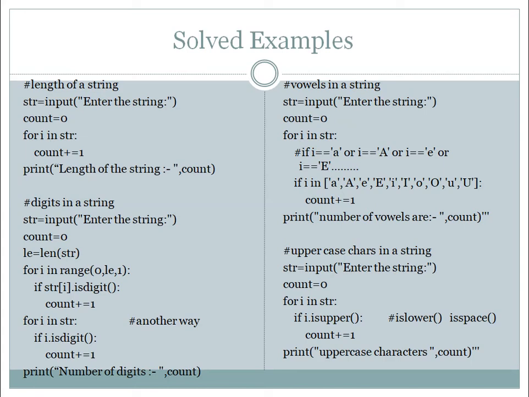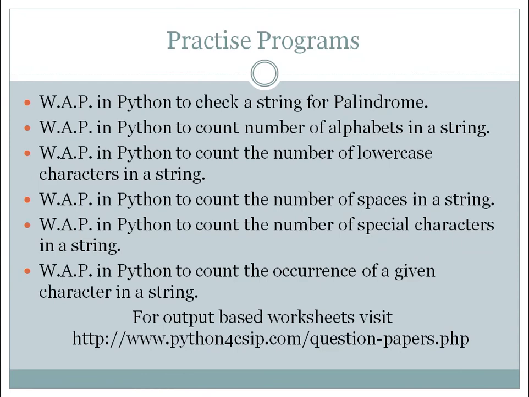Okay. So before trying these examples, please work with the individual functions, at least 10 examples for each function. Then you will get the gist of that function. Okay. So at the last, we have some practice programs for you. First one is to check a string for palindrome. Palindrome string means the string that is same from both the sides, like madam, M-A-D-A-M. You read it from any side, the string will be same.